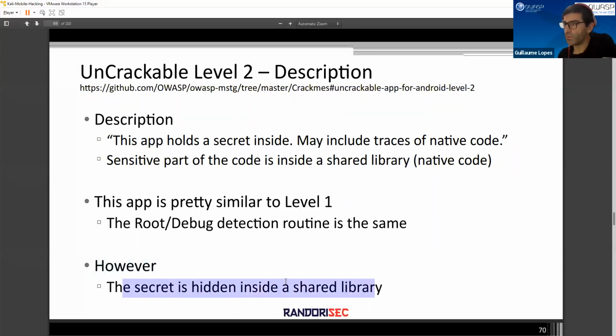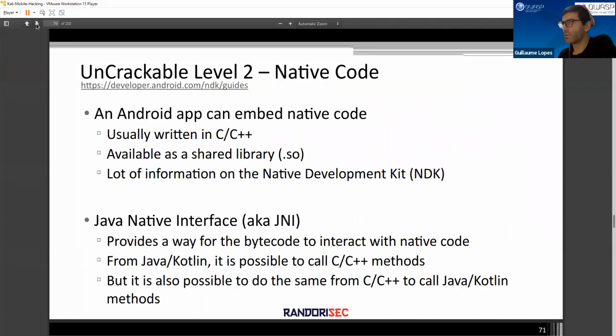In the previous example, it was only Java code, everything was in Java code. The secret was encrypted using AES, but we just needed to manipulate, or hook, the Java code to do that. From now on we are just using Frida, for convenience, to solve the other crackmes. So just a quick